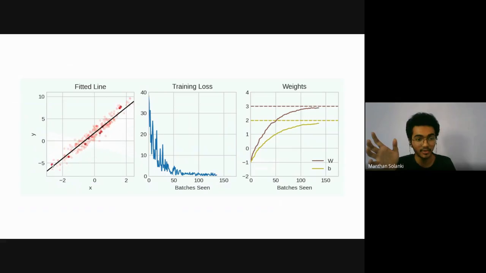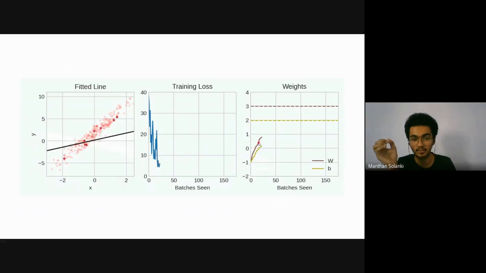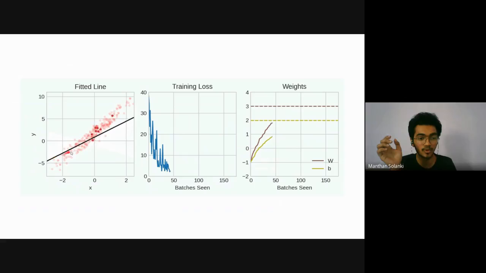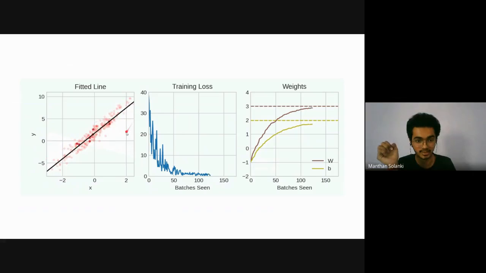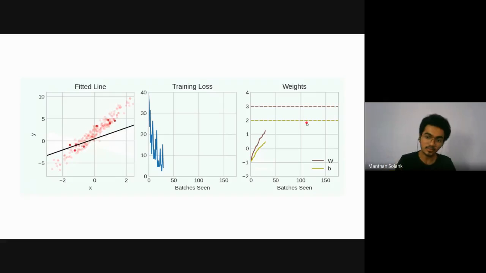After the second iteration, it changed slightly, our loss went slightly down, and our parameters were updated. After a couple of iterations, we get better values of W and B for this input dataset, and we have the minimum loss value.